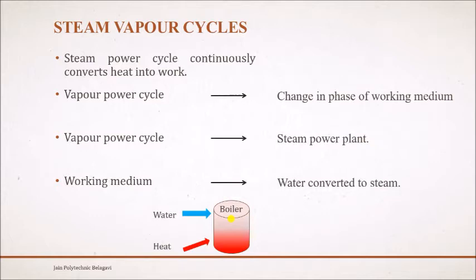When that heat is generated, the water that has been sent to the boiler slowly gets converted into steam, and finally we get superheated steam. First it gets converted into wet steam, dry steam, and finally superheated steam. That superheated steam is fed to the turbine. The turbine has blades, and when the superheated steam is fed to the blades, the turbine starts rotating and we get the power output.